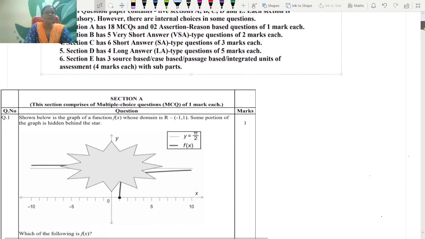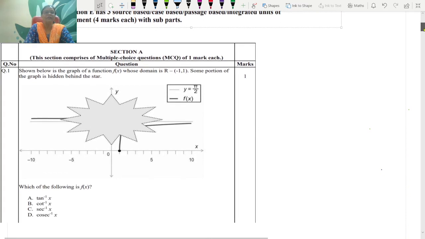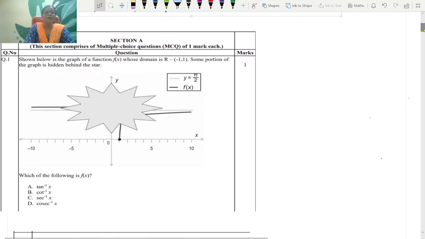The first question is based on function. It is based on a graph. Read the question. It says that there is a graph which is hidden behind this star. That is, some part of the curve is behind this star. The curve is not defined, that is, no part of the curve exists between -1 and 1. It is defined for all values from 1 to infinity and minus infinity to -1, but not between -1